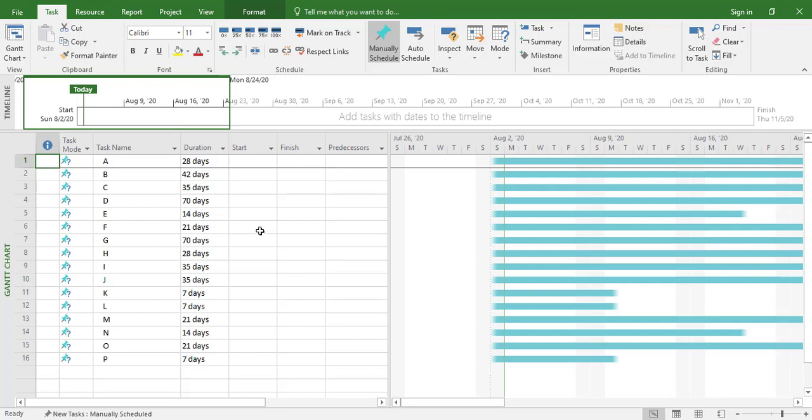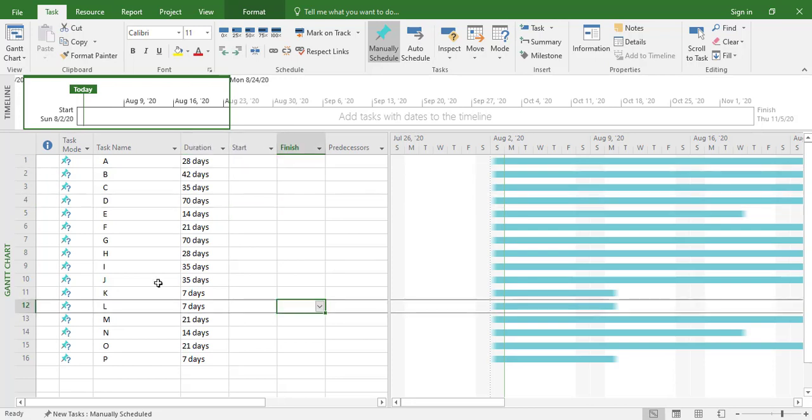So I have used that same example in our CPM session. Here you can see activity A to P. Then there is duration, which I have given here in number of days. So A was having duration of 4 weeks. Here 4 into 7, 28 days. To save our time, I have already arranged all these activities with their respective duration. Now let's see how to